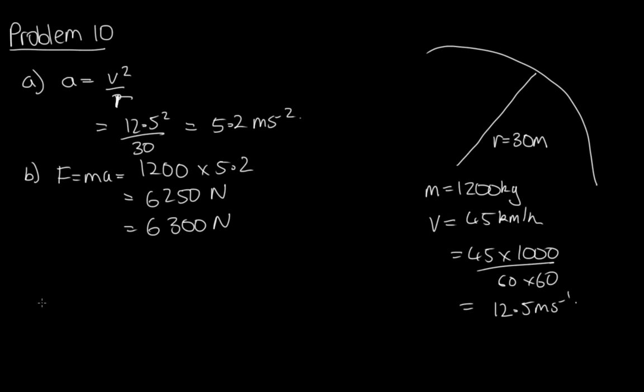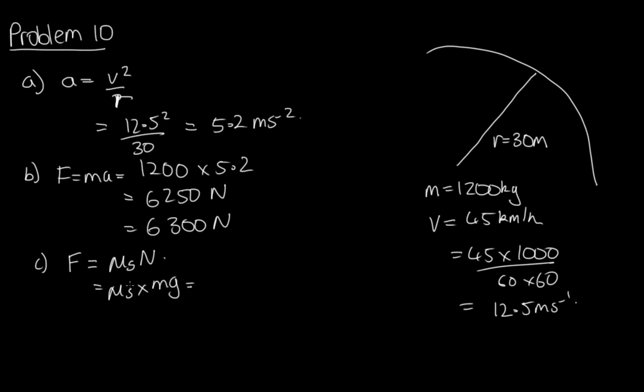And part C. This net force is provided by the frictional force between the tyres and the road. What minimal coefficient of static friction is required between the tyres and the road in order to make the car follow this path? So we have the net force, and we know that that is equal to the frictional force, which is mu s times the normal force. So this is equal to mu s times mg,